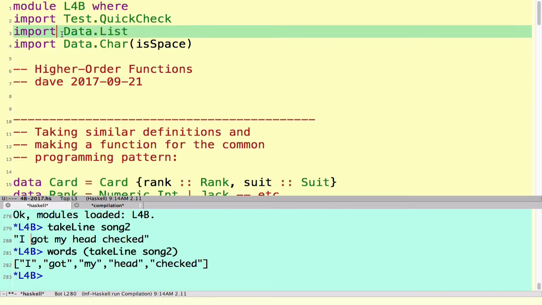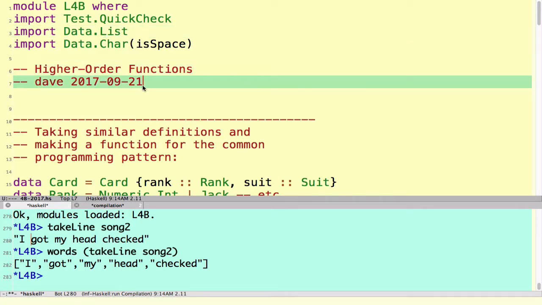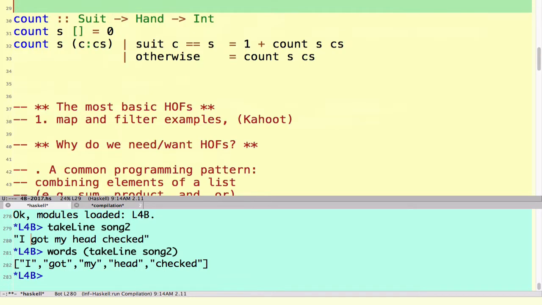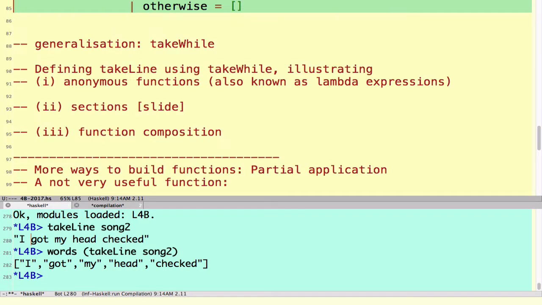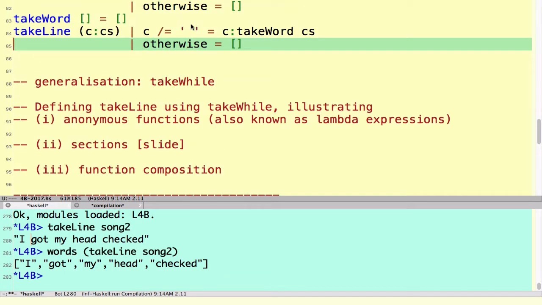I've already imported data.list. I can't remember why. I don't think I've used anything from that yet. Okay. So where is my example? Oh yeah, it was